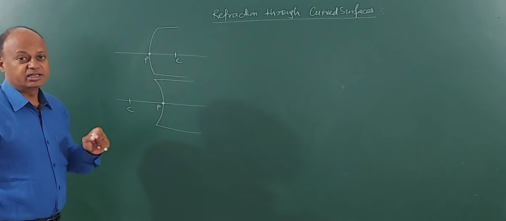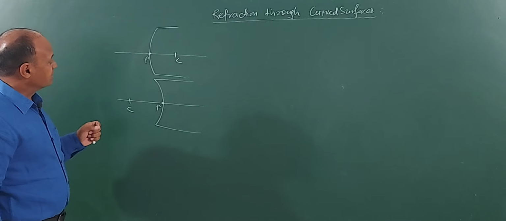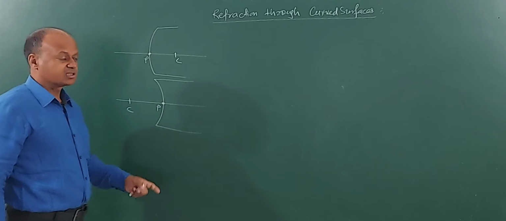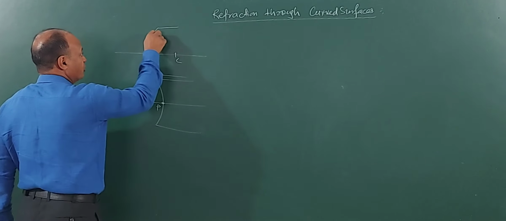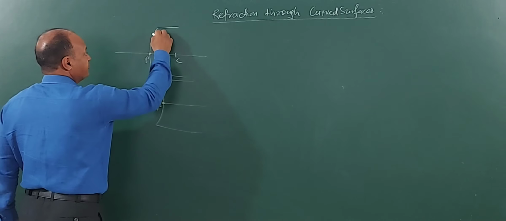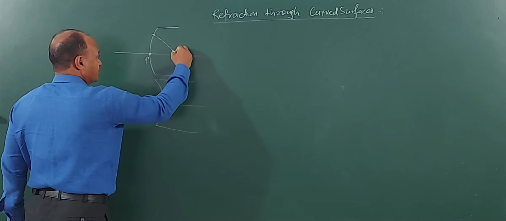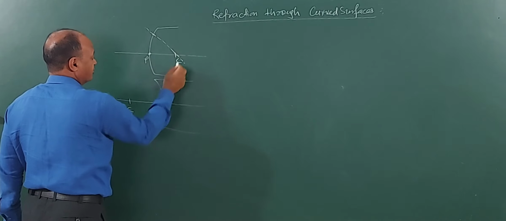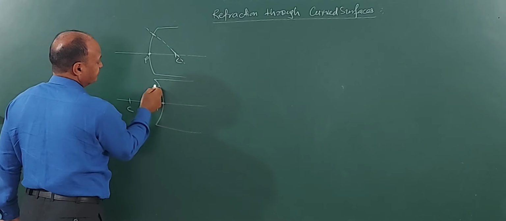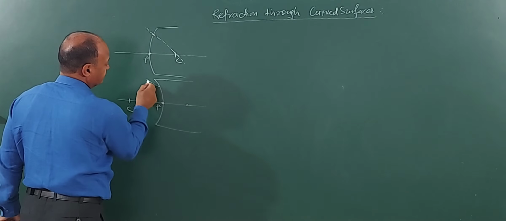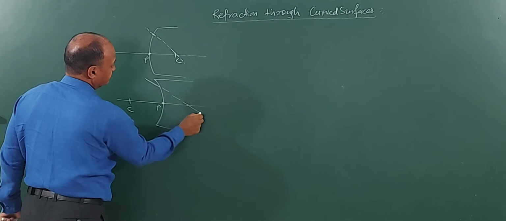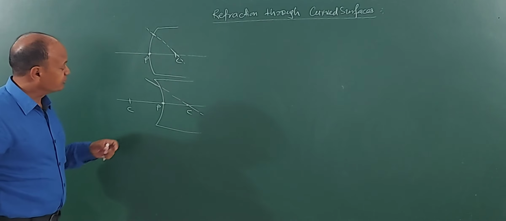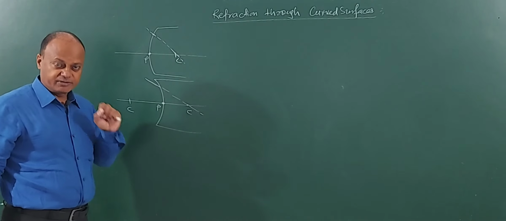Now, I want you to understand clearly that for drawing the normal at any point on the curved surface, suppose here at this point I want to know what will be the direction of the normal. So, it will be simply what? Obtained by joining the given point with the center of curvature. This will be the normal. Similarly, suppose at this point, and this is the center of curvature. So, this will be the normal. Clear? So, a normal will be actually the radial line which will be joining a point on the curved surface with the center of curvature. Be very clear about this.